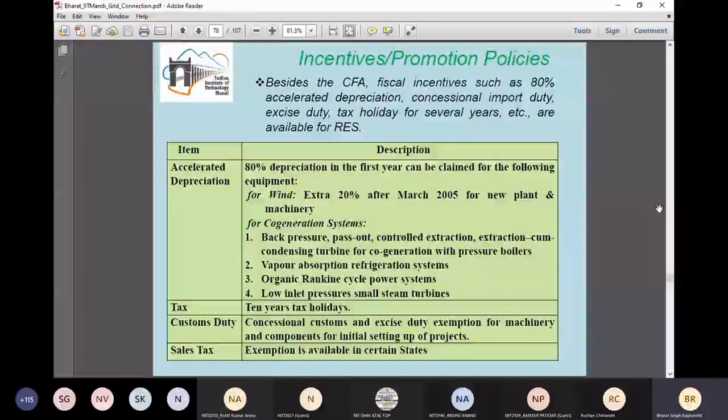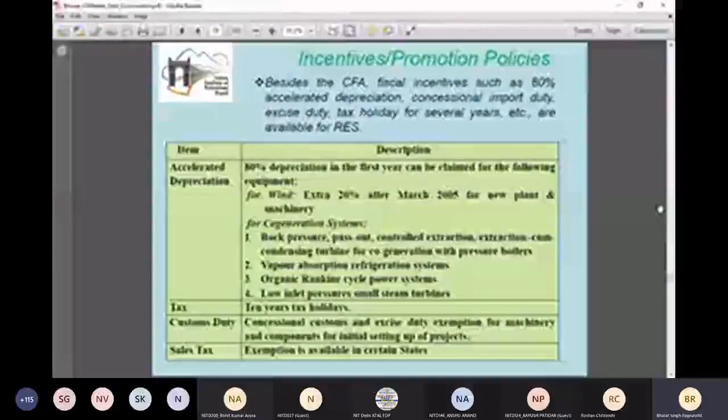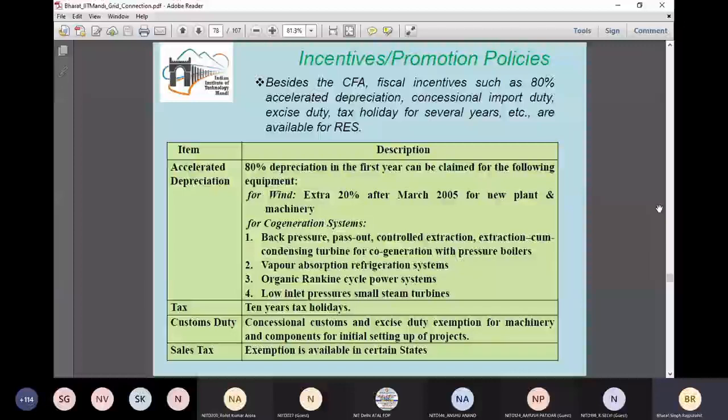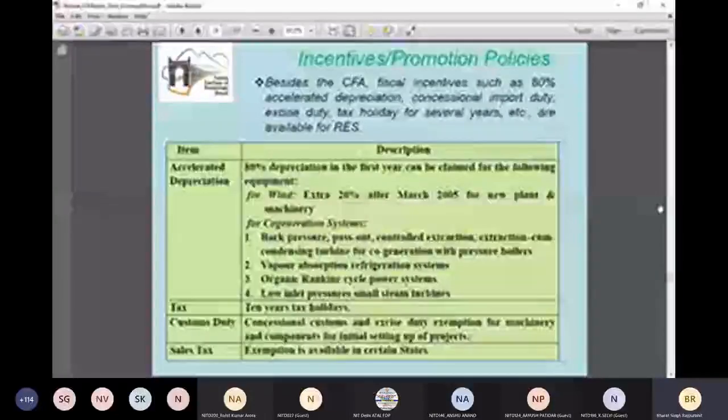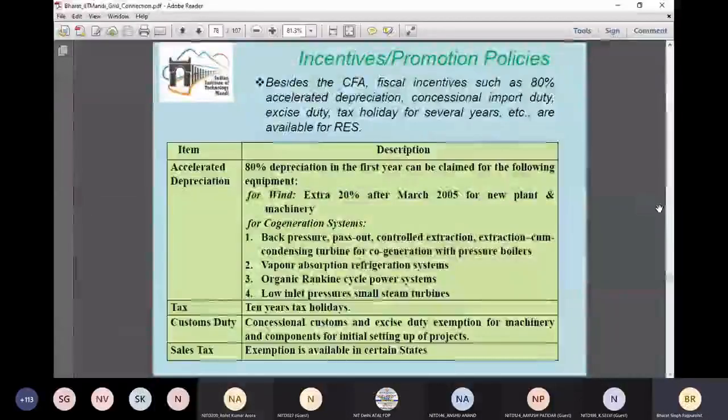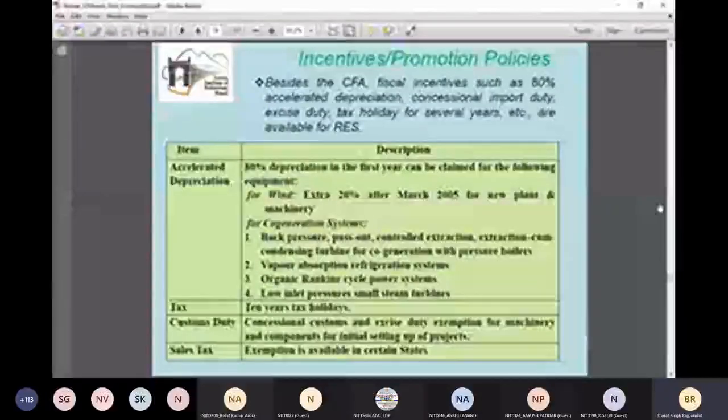So another scheme was also given by the government of India for a couple of years, and I think now it is not continuing for 1 or 2 years, known as generation-based incentive. In that scheme, the generation was promoted, and based on the generation, an incentive was given at that time. That was somewhere like 50 paisa per unit, as compared to, I think, a preferential tariff scheme. So these are the couple of schemes given to promote not only the installation but the generation also. Next slide, please.